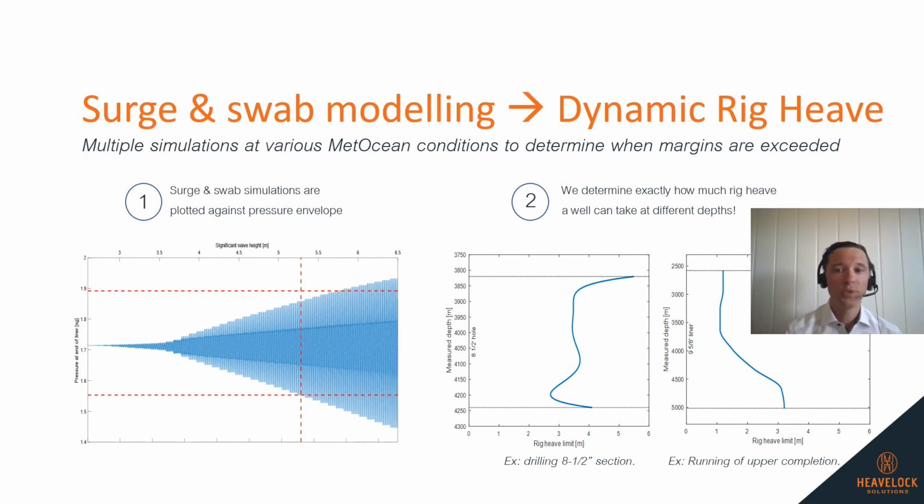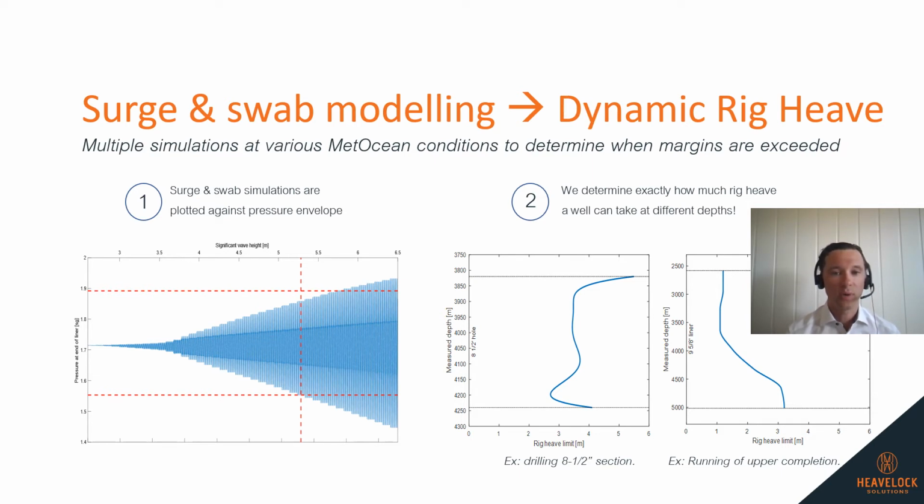So how do we do it from that point, when you have a lot of simulations of rig heave-induced surge and swab during connections? Well, we take each connection and start with quite mellow conditions, maybe even flat sea, as you see to the left here. Then we model increasing rig heave, going to higher and higher waves. We do this modeling of higher and higher rig heave until we see that the surge and swab down in the well